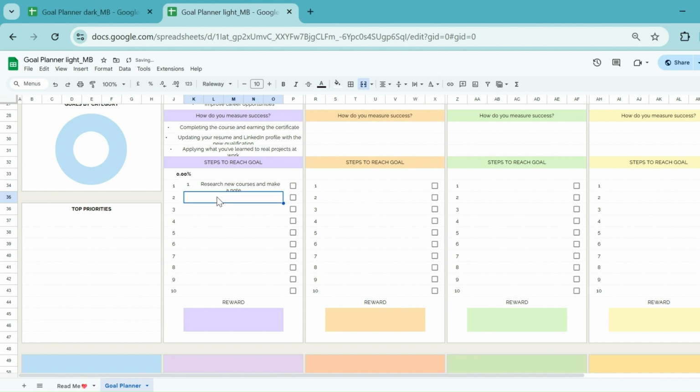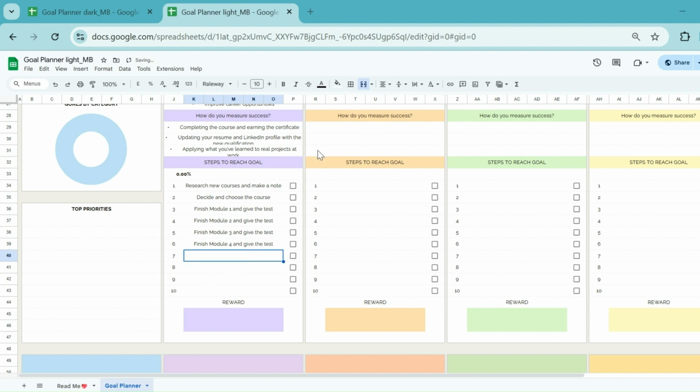For example, let's write some action steps to achieve goal. 1. Research new courses and make a note. 2. Decide and choose the course. 3. Finish Module 1 and give the test. 4. Finish Module 2 and give the test. 5. Finish Module 3 and give the test. 6. Finish Module 4 and give the test. 7. Finish Module 5 and give the test. 8. Review and revision. 9. Finish practical example test. 10. Give the final exam. As you complete each step, you can mark it as done, and your progress percentage will